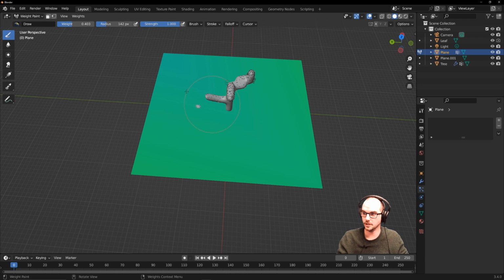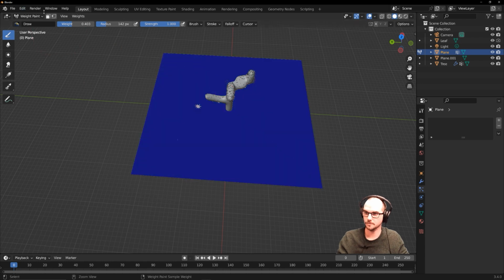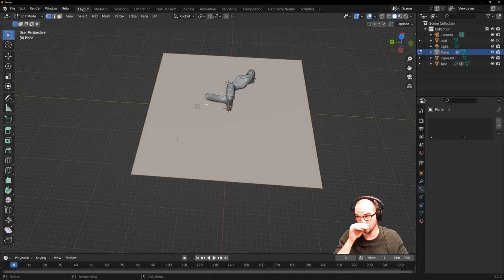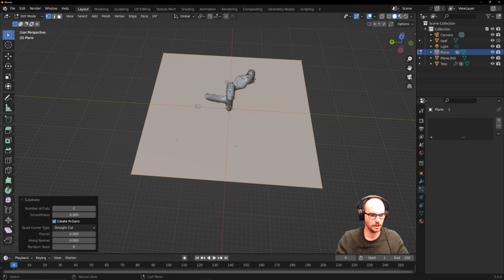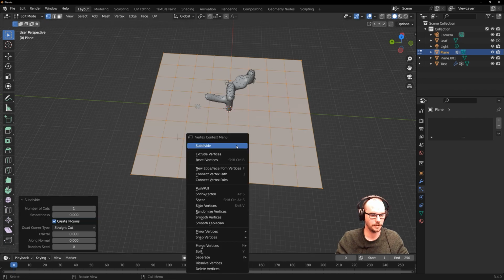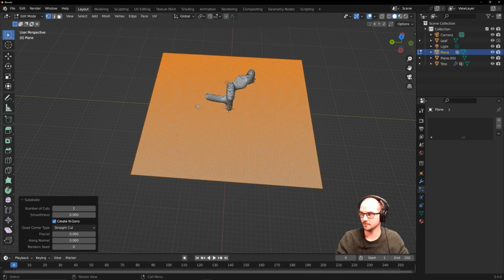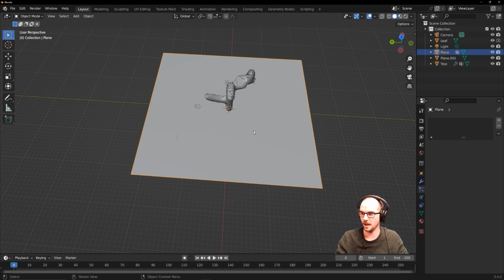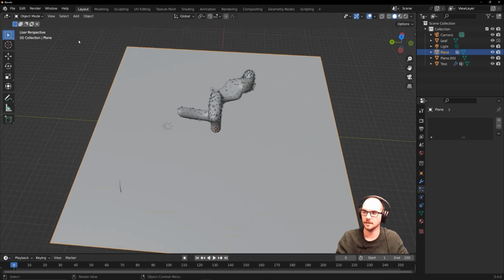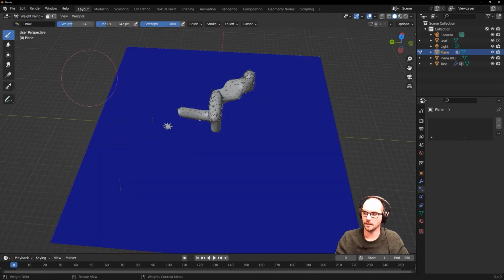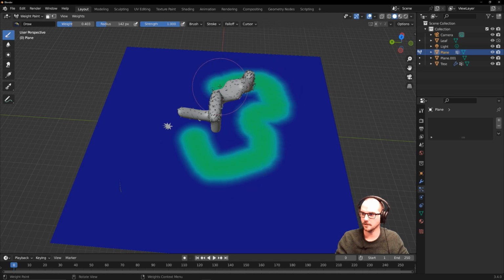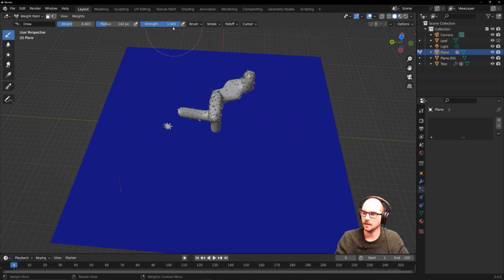So what you need to do, I'm going to undo those. I'm going to go to edit mode like this, and we just need to subdivide this a bunch of times so that there's actually vertexes to paint that weight onto. So I'm in edit mode. I'm just going to right click subdivide, right click subdivide, right click subdivide. Do it a bunch. Do it as many as you need. Maybe one more. So I've done it a few times, but now you can have a much more detailed weight paint. So now I can go weight paint like this, and I can really control where I want my